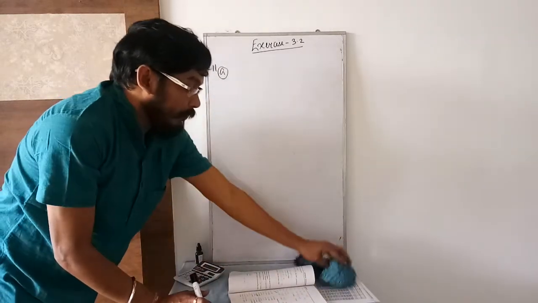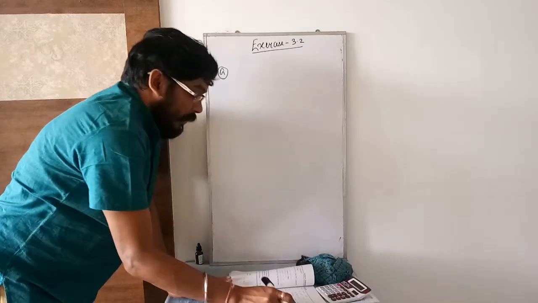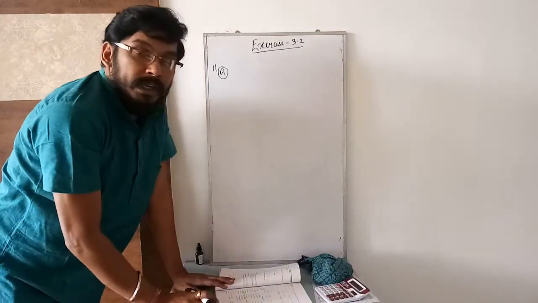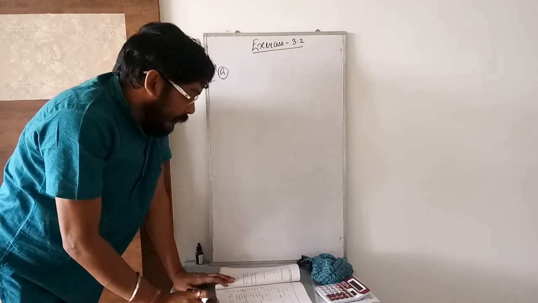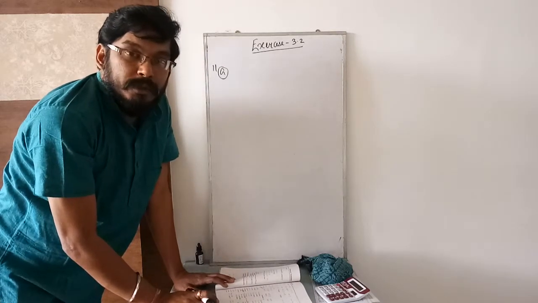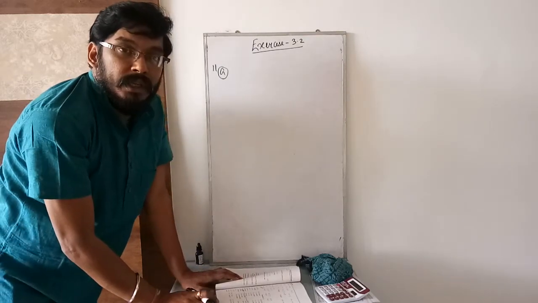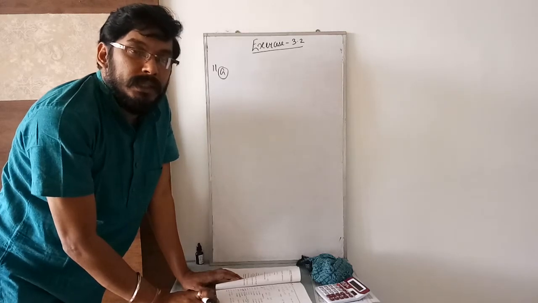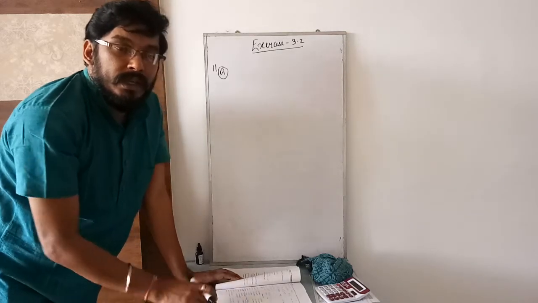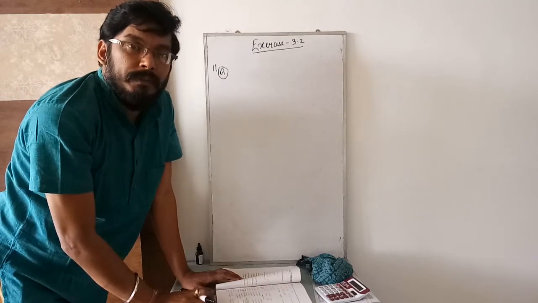You have to find out the number of years in which a sum of money deposited will become double. Rate of interest is given, 5%. There are two types of interest, simple interest and compound interest. Here they have given compound interest. You don't know what amount of money you are depositing, so you write let the sum of money be rupees x. After a definite interval of time it will become double, that means 2x.